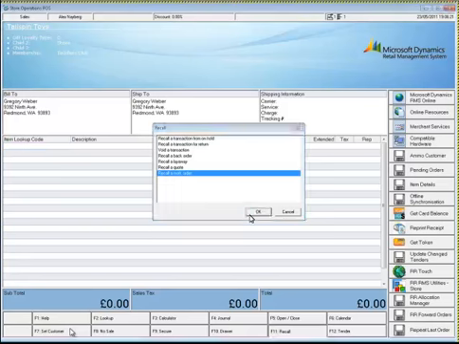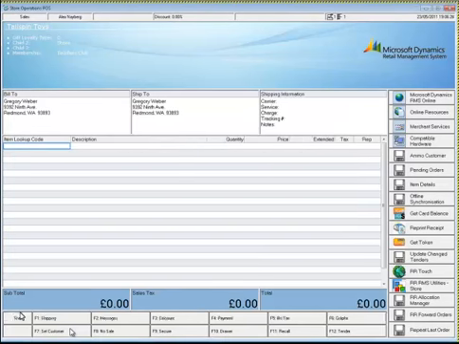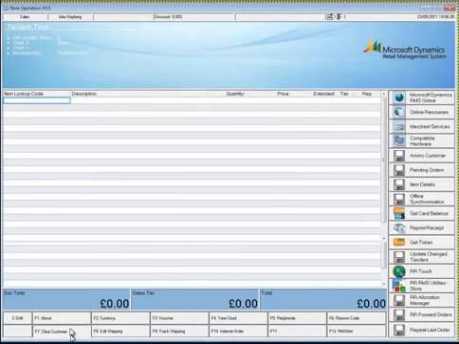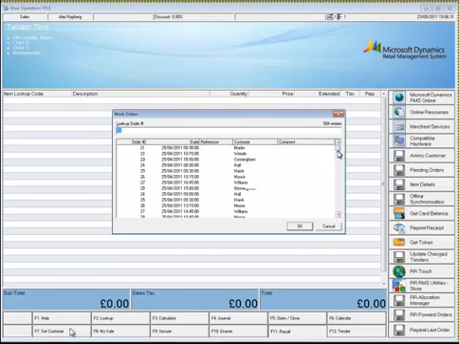So if we go into work orders, recall a work order, you should be able to see all the appointments. Right now we have selected a customer. Let's get rid of the customer. And now if I go into a work order, these are all my finished appointments. So I can recall an appointment,